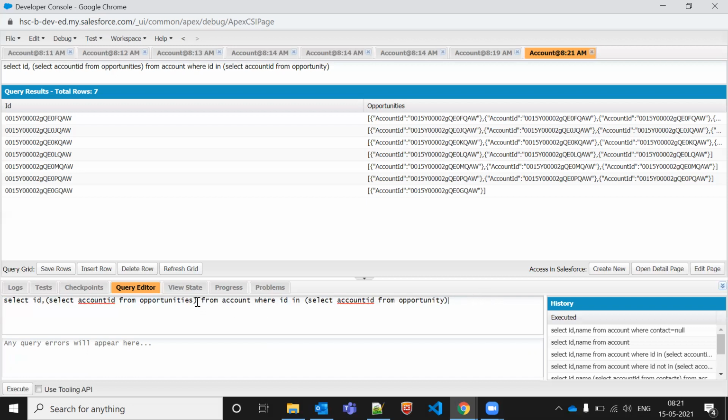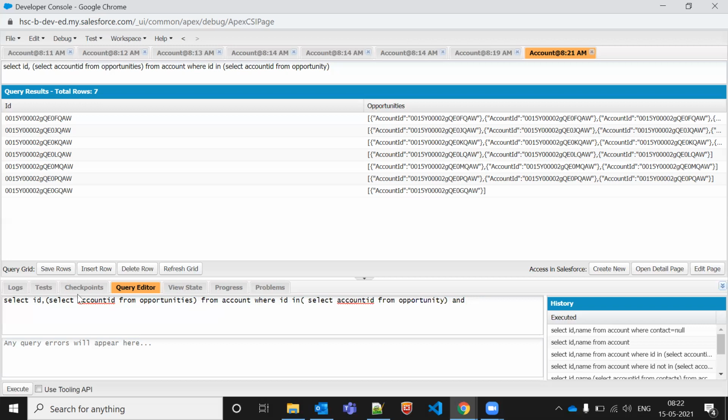So let me just, can I fetch number of contacts as well? I want to fetch accounts which do not have any contact or which do not have any opportunity. Like that, accounts I need to fetch. So what will I do here? You can use AND, right, WHERE ID IN, something like this. And you can select the account ID from contact. Exactly. Okay, so you can do it from your side.